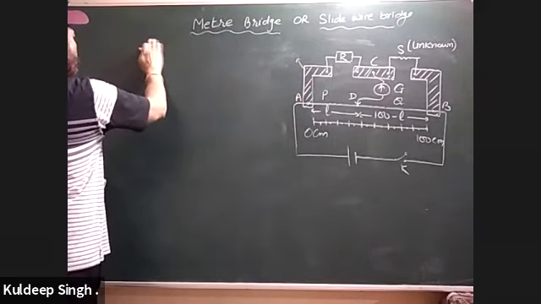Maybe the scale is fixed wrongly. Who has manufactured this meter bridge? And even so, now you can see the end of the wire is here. This one is the end of the wire. Similarly, the end of the wire is here. But the end of the scale does not coincide with the ends of the wire. So there is some error.